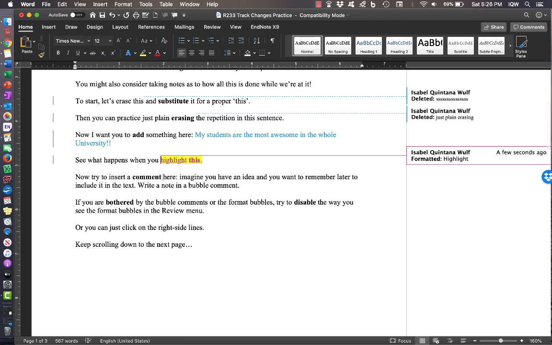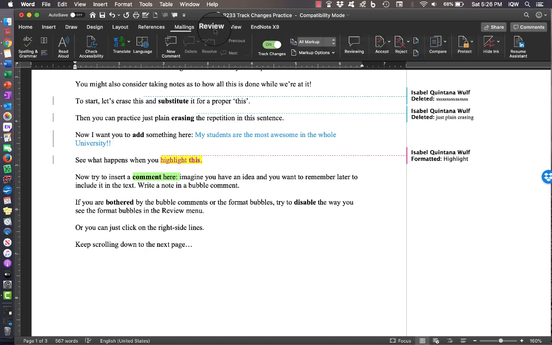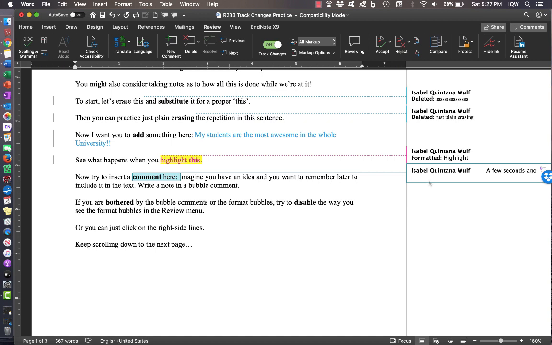Now, comments, inserting comments. So we'll go back to the Review tab. This is where you find the track changes, and see that you have this little speech bubble here, like a new comment, insert a new comment. Click on it, and this allows you to type some ideas. It's like, okay, I have